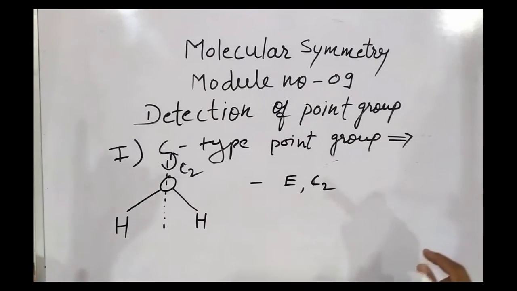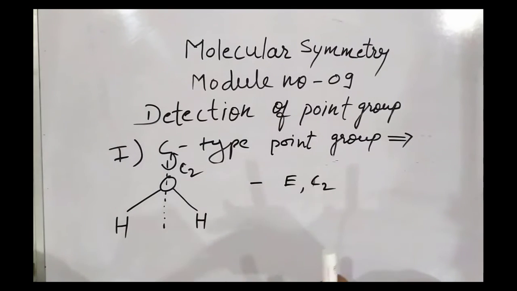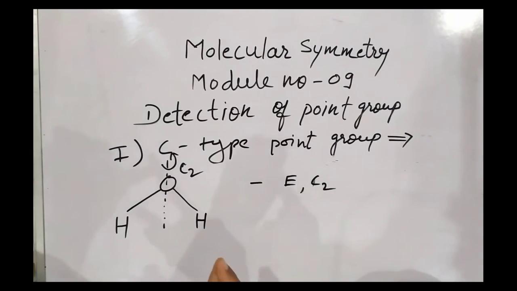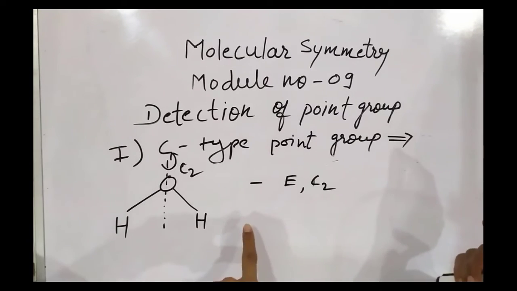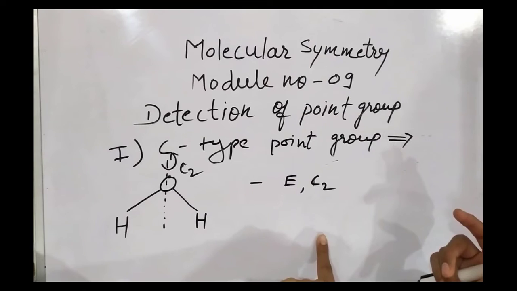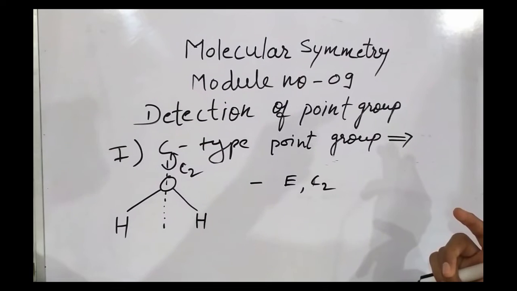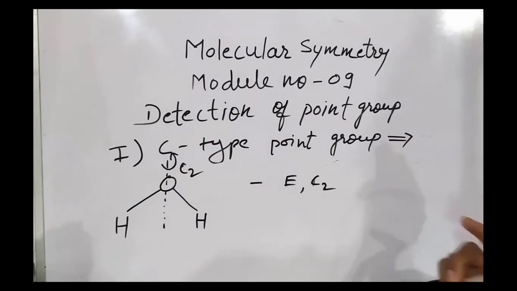Okay, first of all we have seen identity. I have taken it last because it was the simplest symmetry element, but while writing down you have to write the identity element very first. So identity will be followed by Cn, that is the rotational axis, followed by sigma, followed by inversion, and followed by Sn. So you should also follow the same sequence. Identity, Cn, sigma, i and Sn. You have to follow this sequence while detecting the point group.